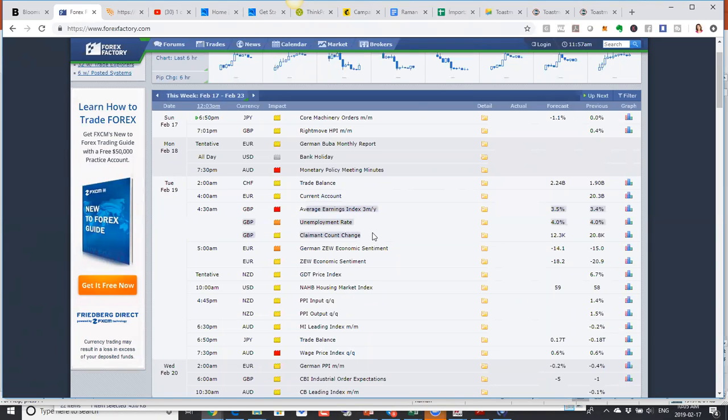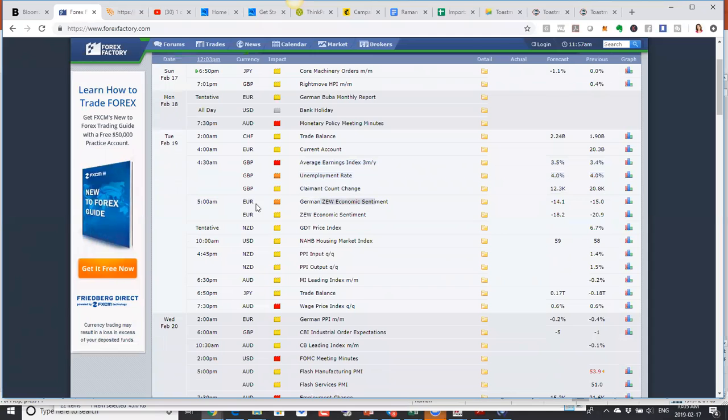Now, a very important thing here for the UK, for the British pound, we have average earnings and employment data coming out. So this is kind of like non-farm payrolls for the US. It will have an impact on the British pound. And with this one, it's not just the employment numbers that tend to move the markets, it's also the average earnings. So if the average earnings are not growing, but the employment is okay, it can still have a negative impact on the British pound. So just keep that in mind.